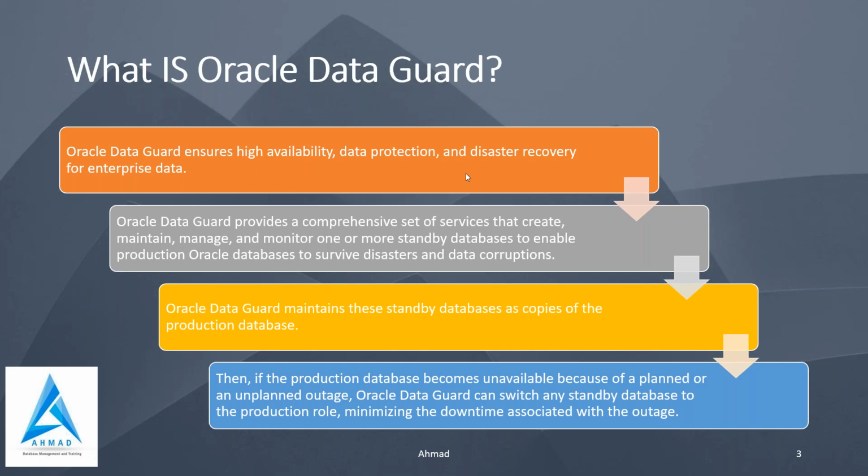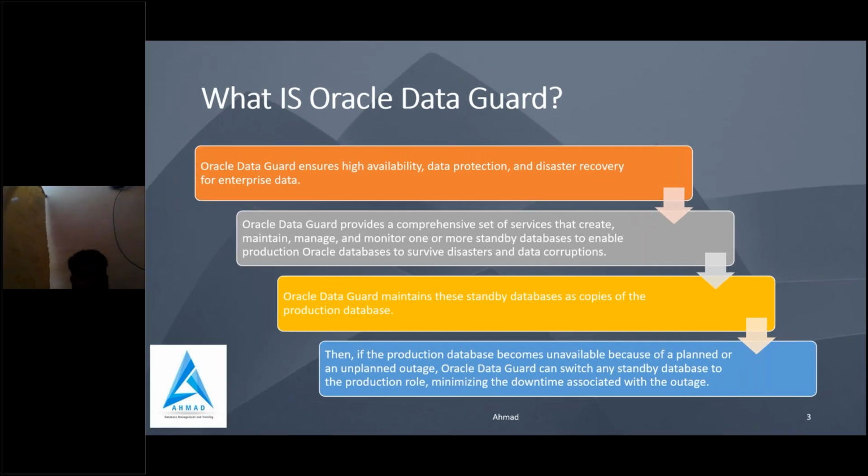So what is actually Oracle Data Guard? Oracle Data Guard is basically used for data protection, high availability, and disaster recovery. So what does it mean? It means that suppose you have a production database, which you can call the primary database, and after that